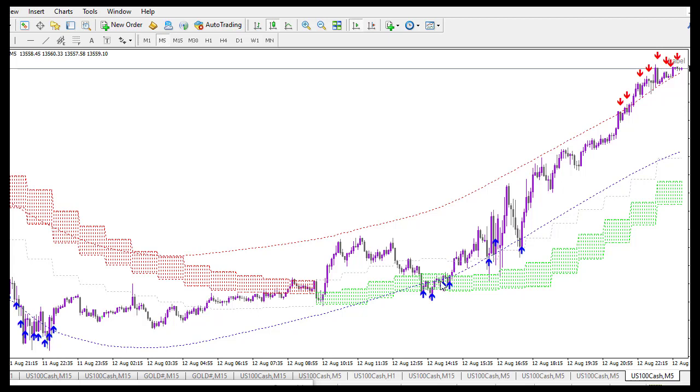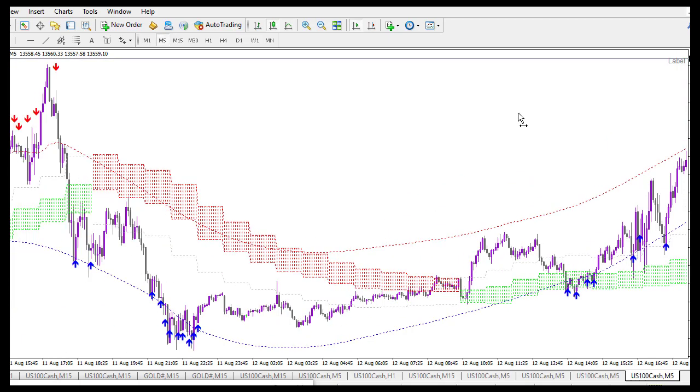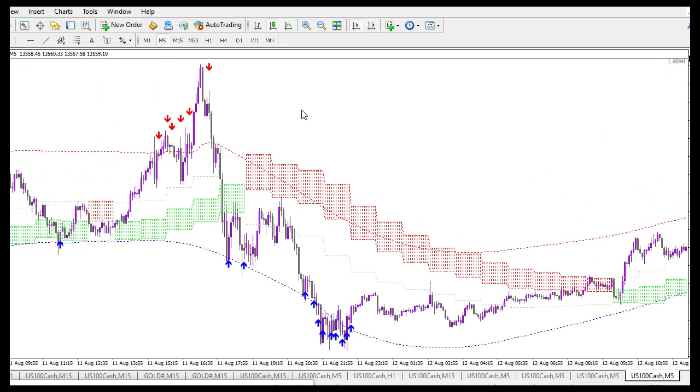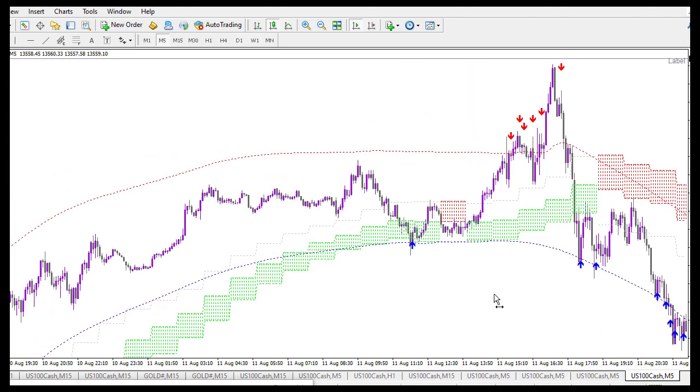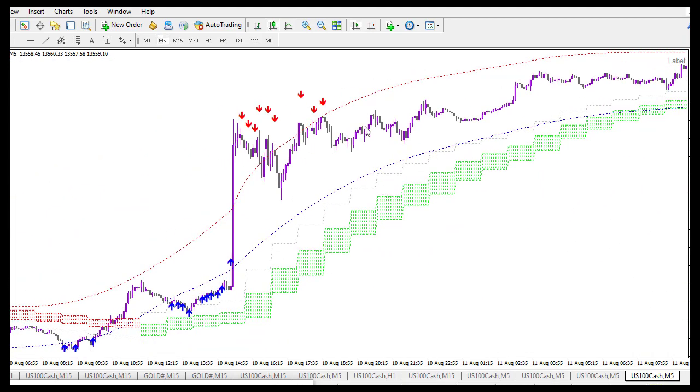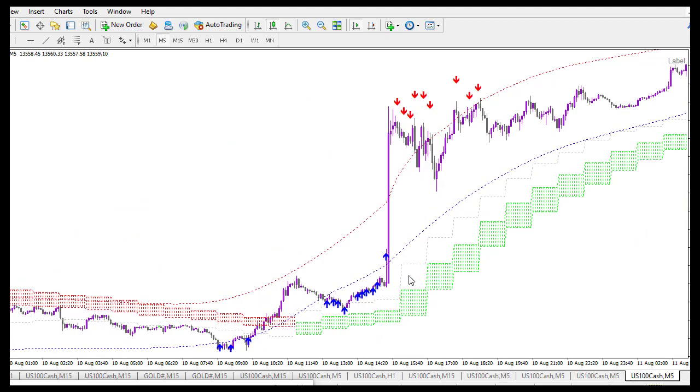And number two, if you look at it and you place the first buy here at this blue arrow, you have made money. This was actually accurate, but if you check the last one, it was not accurate. If you want to use only the arrow alone, you have a serious drawdown. You look at this point also, and you can see it here, and here is a good